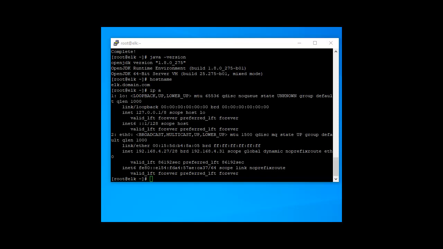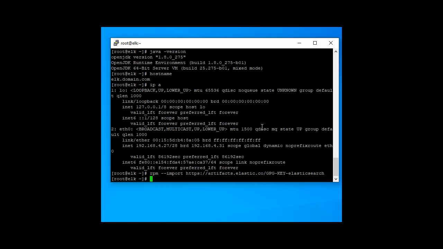So configure the ELK repository. Then set up the Elasticsearch repository on the ELK server.